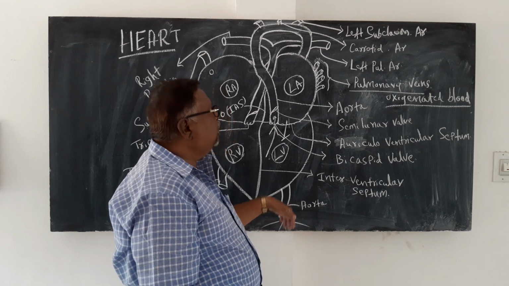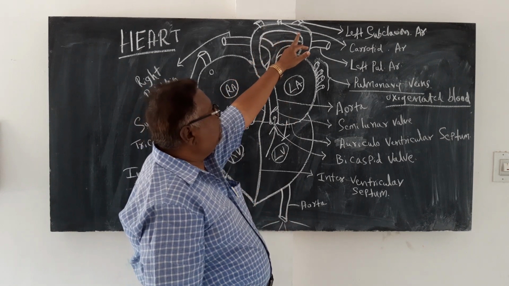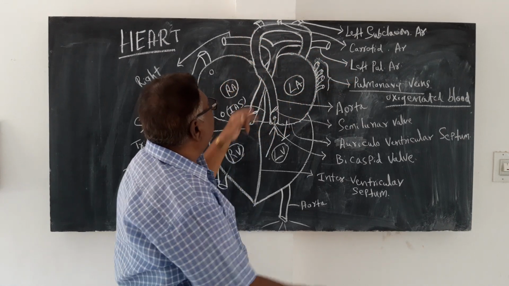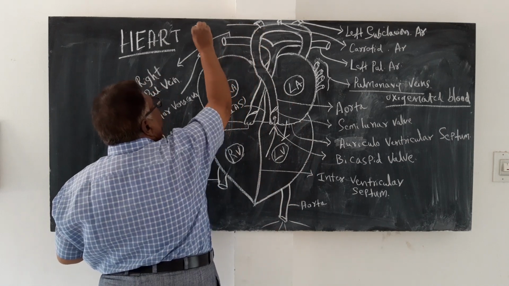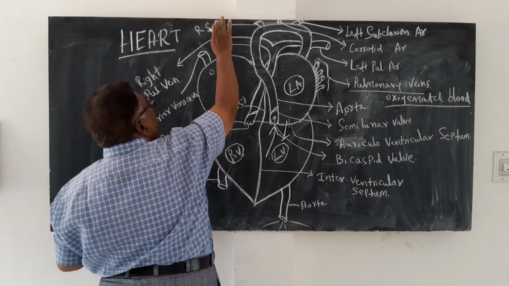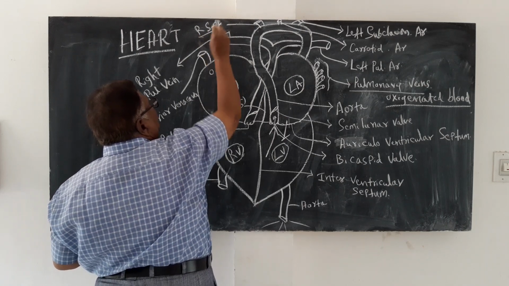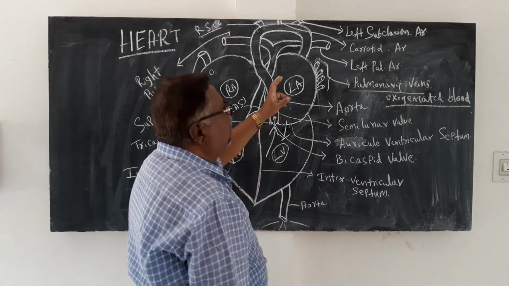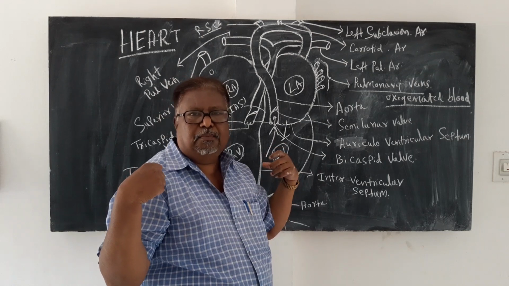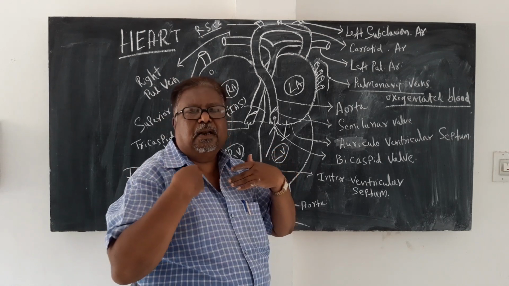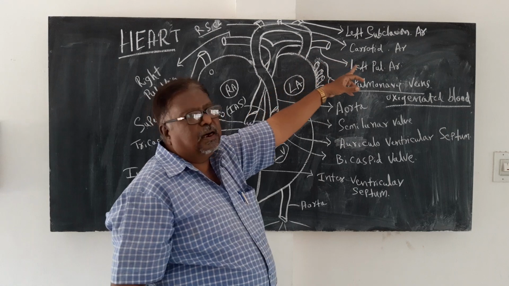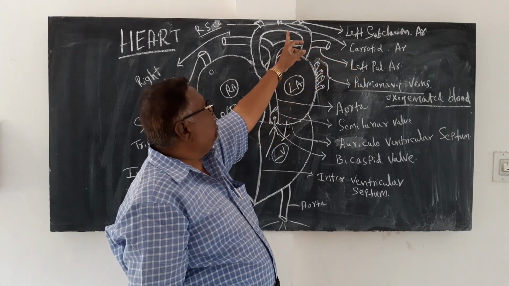oxygenated blood. Whereas the left subclavian comes to the left hand and the right subclavian, this is right subclavian, which takes the blood to the limb region, four limb region. So right and left subclavian takes the blood to the forearm, whereas the carotid artery, the artery arising from the